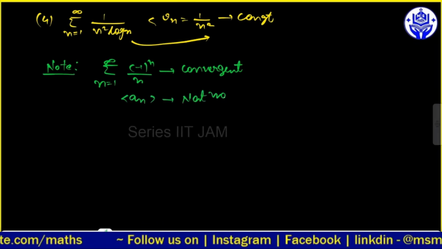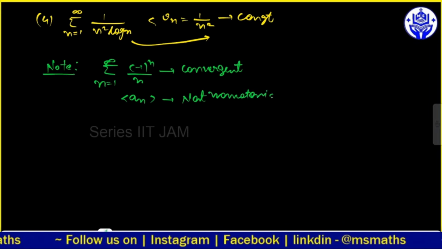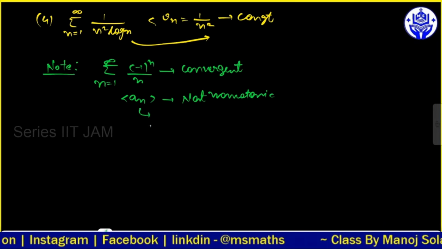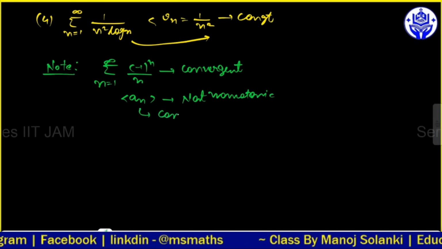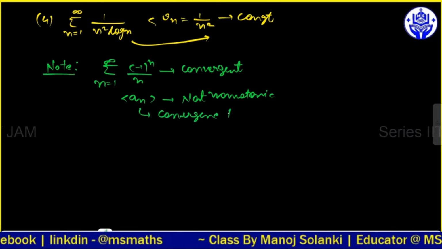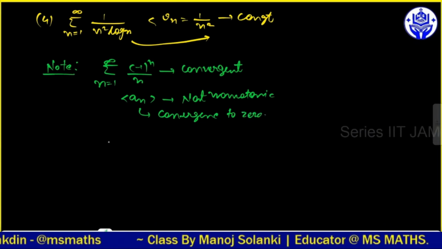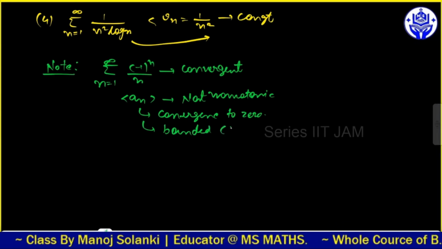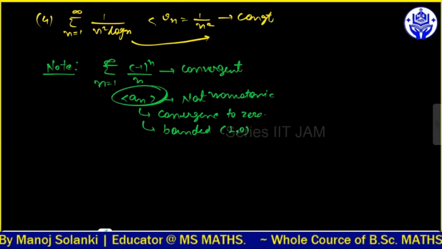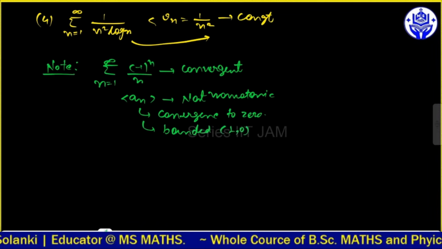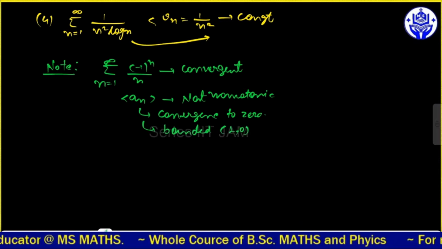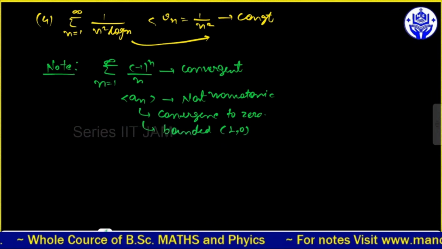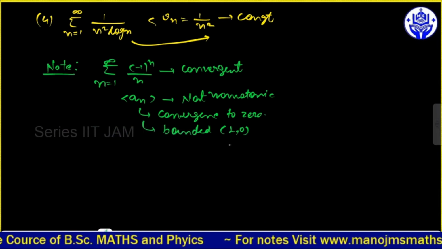नॉट मोनोटोनिक है, अगर वो मोनोटोनिक इंक्रीजिंग या मोनोटोनिक डिक्रीजिंग नहीं है, सो सीरीज है ना, ये कन्वर्जेंट किस पे करेगी, कन्वर्जेंस टू जीरो, ये जीरो पे कन्वर्ज करेगी, और ये बाउंडेड सीक्वेंस होगी। अगर इस टाइप की कोई सीक्वेंस मिल रही है, अगर नॉट मोनोटोनिक है यानी कि मोनोटोनिक नहीं है, तो कन्वर्जेंट करेगी, पर कन्वर्ज जीरो पे करेगी, और वो बाउंडेड होगी।